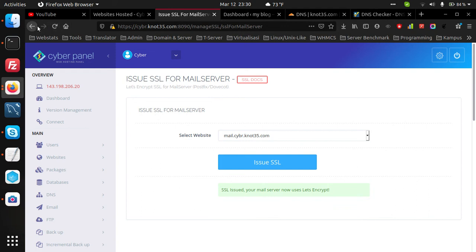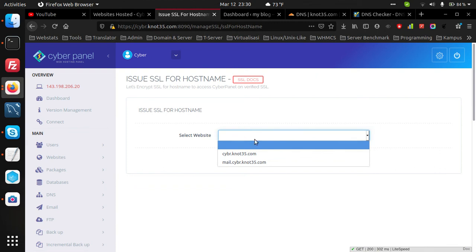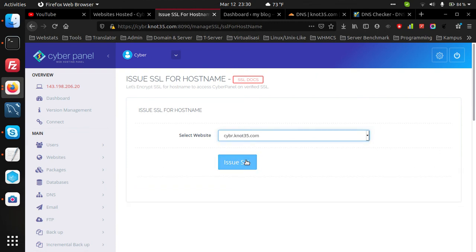Go back, hostname, select website, let's issue again.